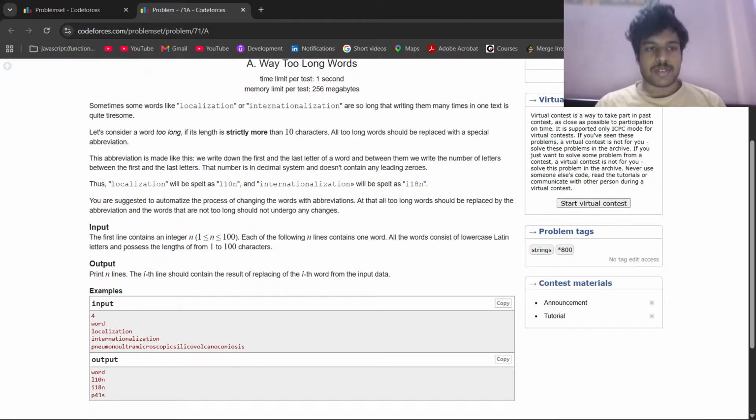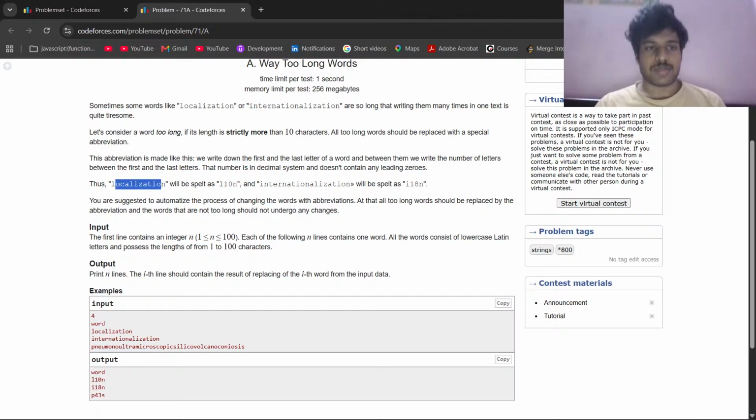So basically there are some words given, and what you had to do is if the total number of characters in the word, that is the length, is more than 10, or 10 or more than 10,